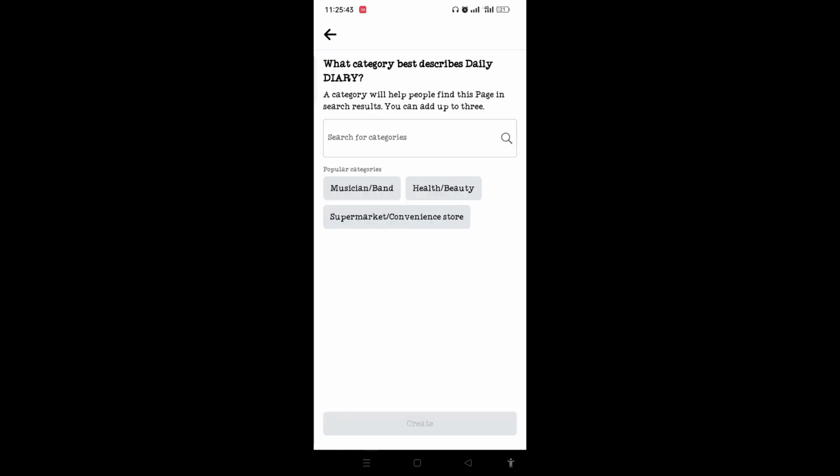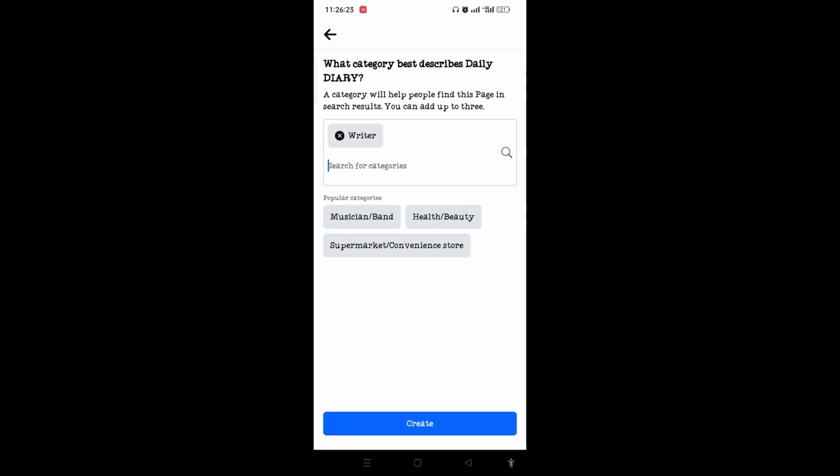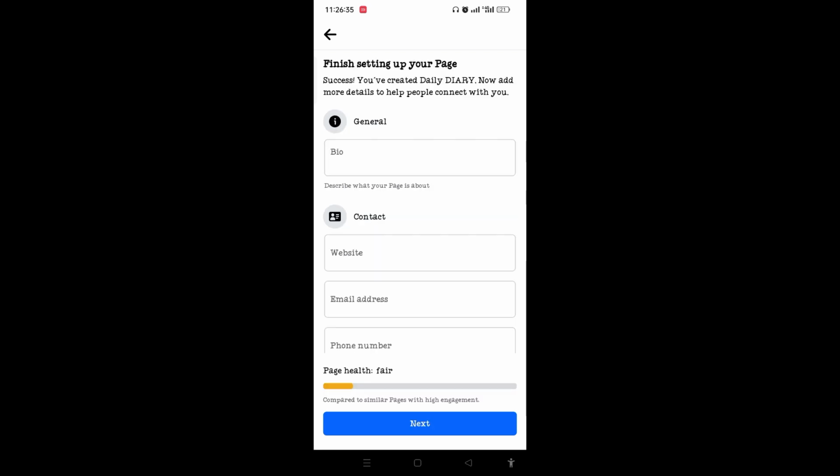Then here, search for the category that describes the page, the daily diary. So you can search for categories or add any one you want so that people find this page in the search results. Then we can tap on create after filling out the category, and then you'll be guided to this